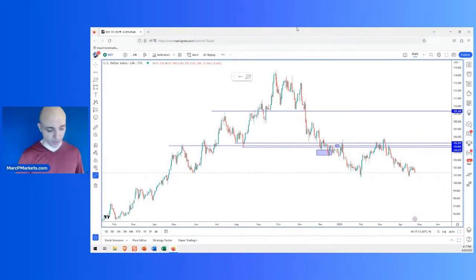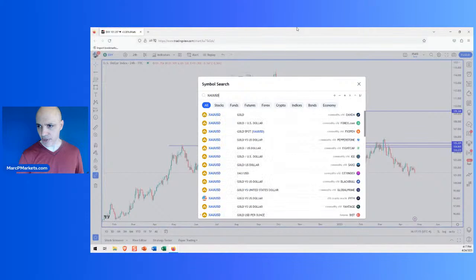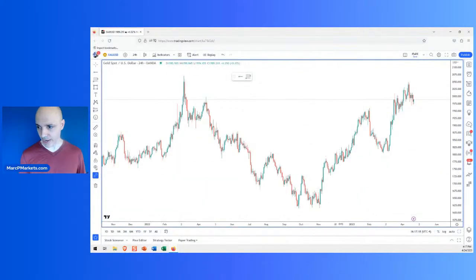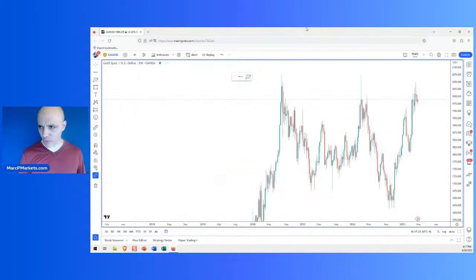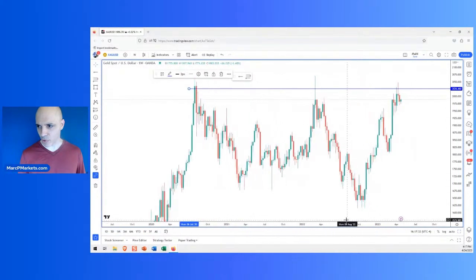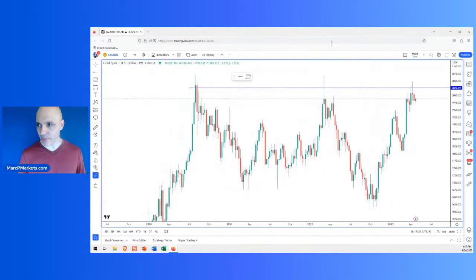Now, why is all this important to gold? Let's take a look. Because gold is inverse to this thing, okay? And gold is basically a hedge against a very weak dollar or inflation. So when it comes to gold, look at the weekly chart. Look where we are on the weekly chart. I pointed this out to Peter and I pointed this out to Sean a few weeks ago too. This is not a great place to be long.